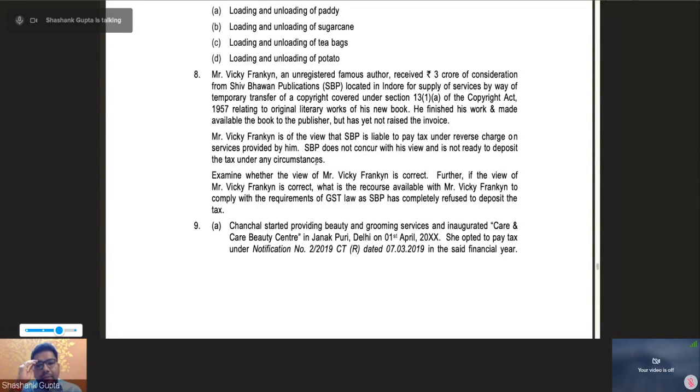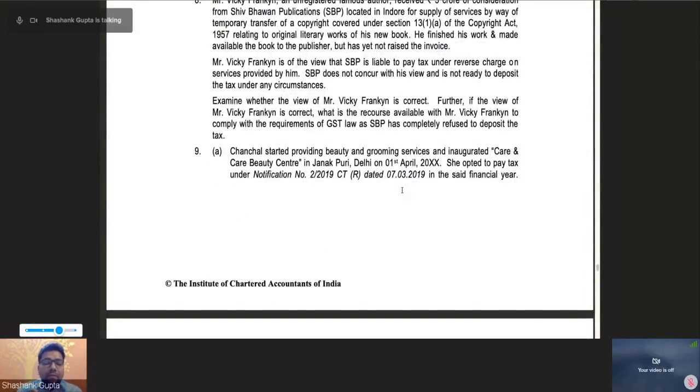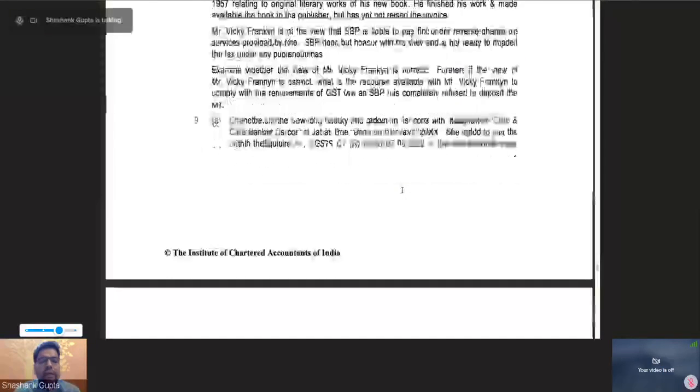Again, I'm telling you the same thing, that you need to give the answer with your reasoning: what you are saying, how you are saying it, what is the rationale behind it, and also detail the entire procedure. You have to study that. Once you study this, you will get what the registration is, what the declaration is, and what is to be mentioned on the invoice. So all these details. This answer should be a good 2-3 paras. Don't take it in the form of paras, but actually give the entire reasoning.